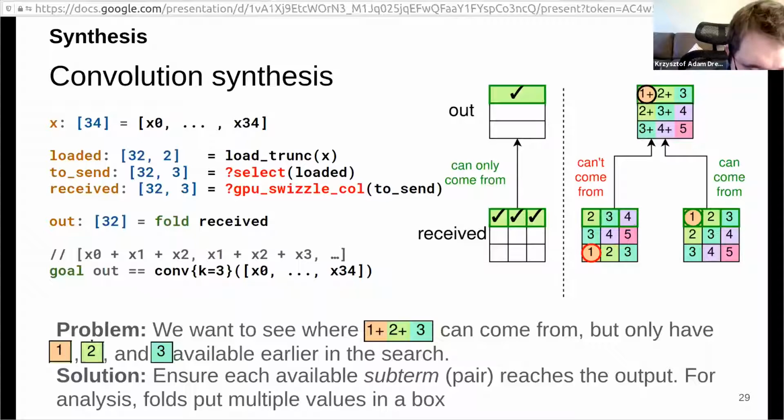Like here, we see that the first output is created from the first row of received, and while in the incorrect program on the state on the left, 2 and 3 are in the correct row, the 1 isn't. So that state is incorrect and we can reject it,